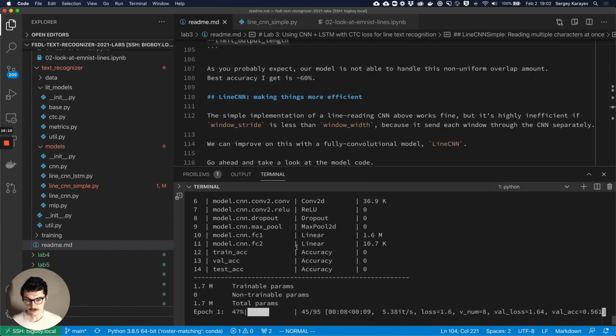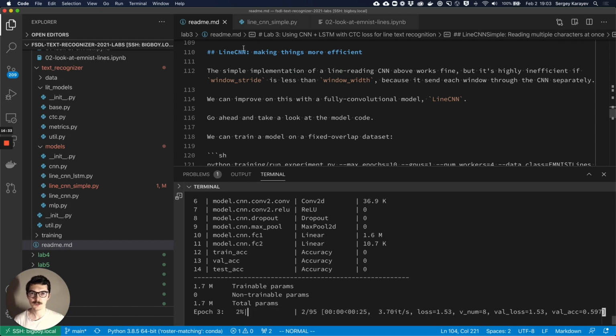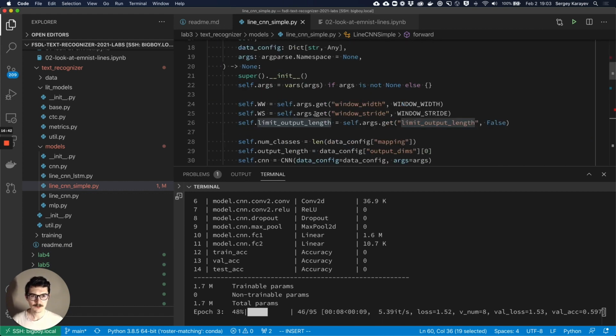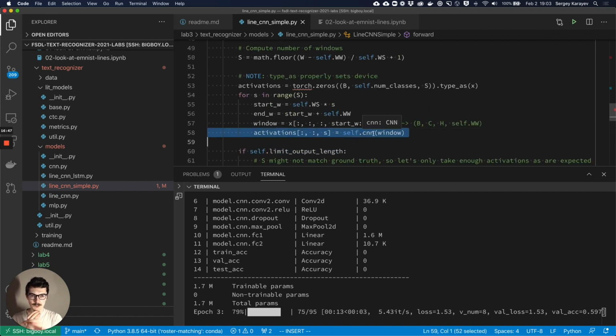Now, we know how to fix this, right? We can introduce the CTC loss and then basically oversample in our CNN. So set the stride to something that generates a lot of windows, and then just use the CTC loss to handle those repeating characters that we'll probably be outputting. We'll see that working in a second, but before I do that, I just want to introduce LineCNN versus LineCNNSimple, because LineCNNSimple is really quite inefficient,